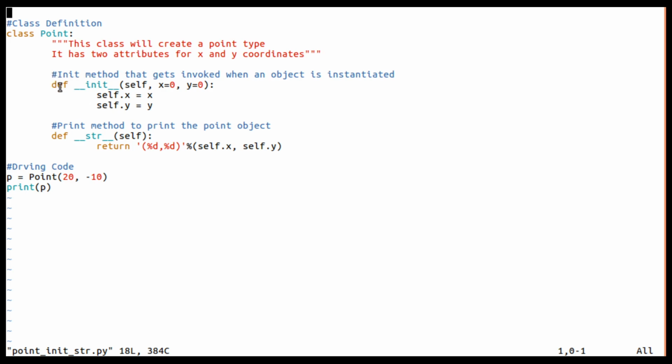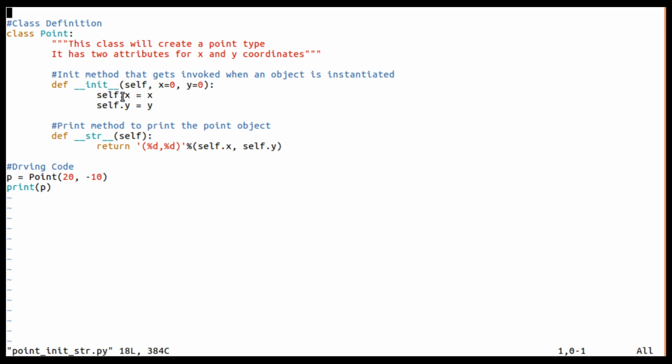This is the definition, double underscore init double underscore, and because the init method takes one object, it will initialize the parameters to that object, whichever parameters it gets. Here x and y are the parameters, which are coordinates of a point.